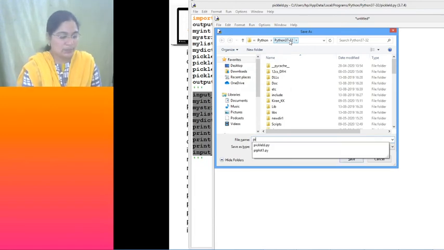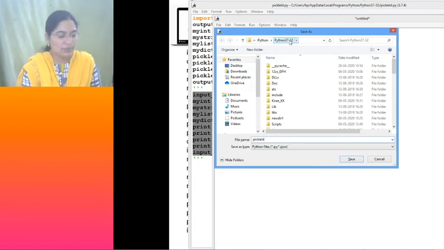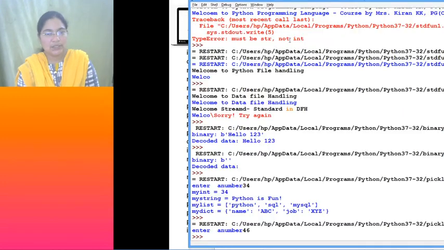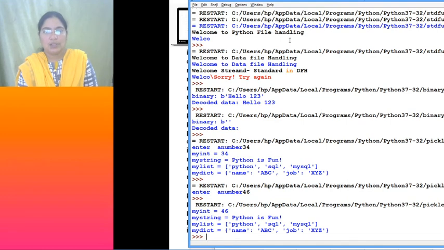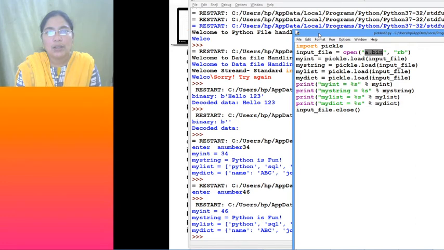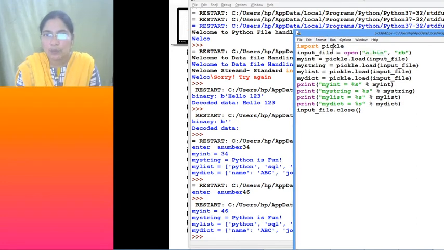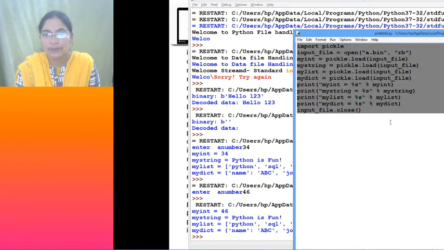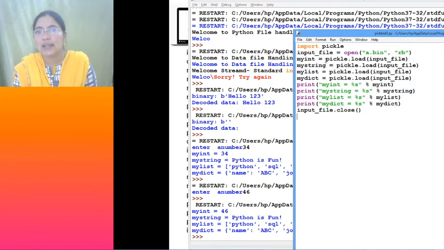So this is pickle module, load and dump. Okay, this is only load operation, right? So now let's execute. See, one program we have written to dump, another program we have written to read, and we got the output, because here what is the file we are working on? A.bin. So we have dumped to A.bin using pickle module's dump method in another programming file. So now the contents are there in that file.